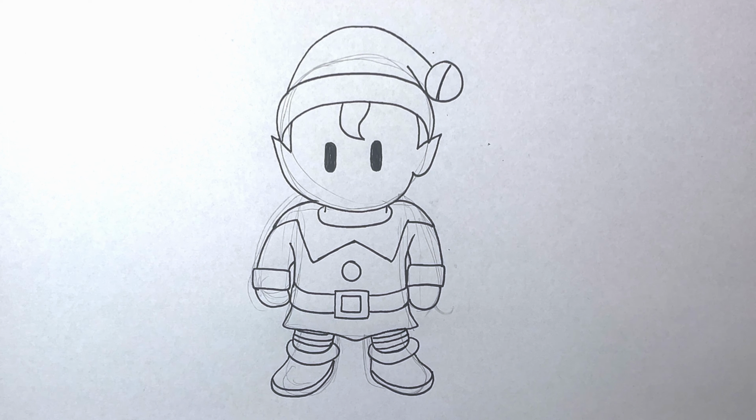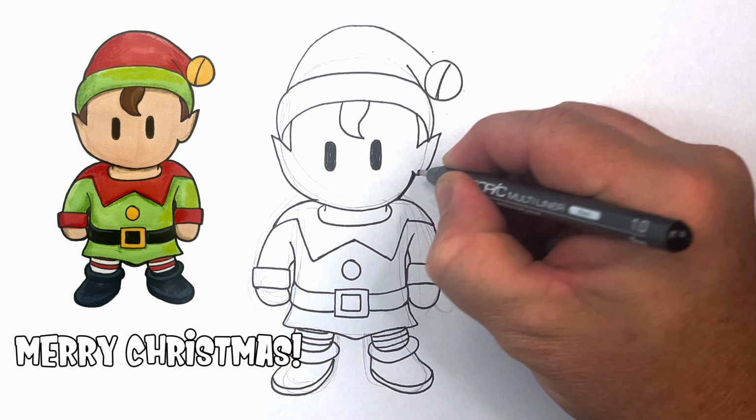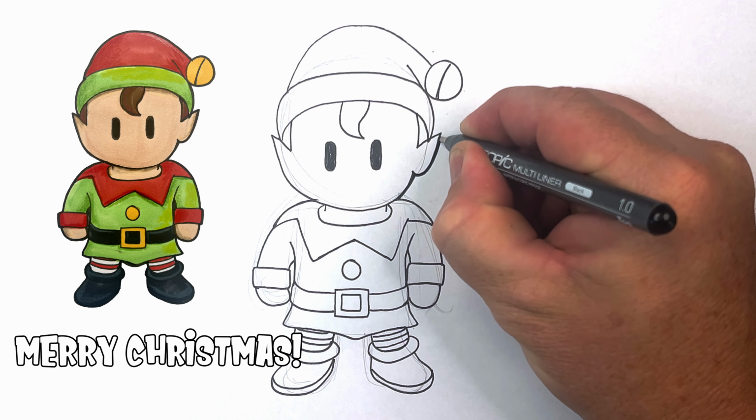And there we have the Christmas elf from Stumble Guys, looking really cool, ready to colour in. I'm just going to outline him with a 1mm one to make him stand out, and I'm just going to speed that